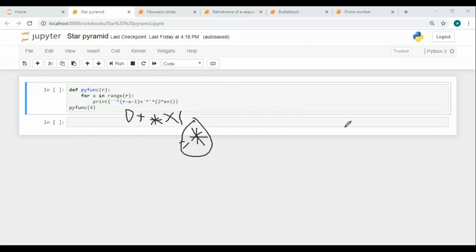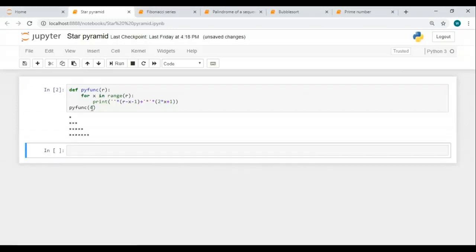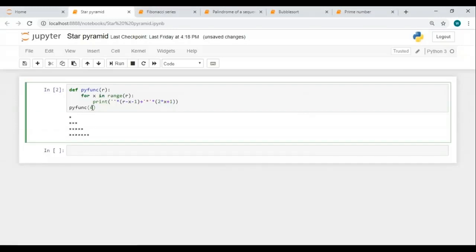Now let me just run this program and show you all how this works. As you can see over here, r value that I've specified is 4. And when I run this, I have a triangle that's printed with 4 rows. And like I told you, the first line of my output when x is equal to 0 is 1 star. And when x value gets incremented, I have the following sequence. So I hope you all have understood how to print an asterisk triangle.